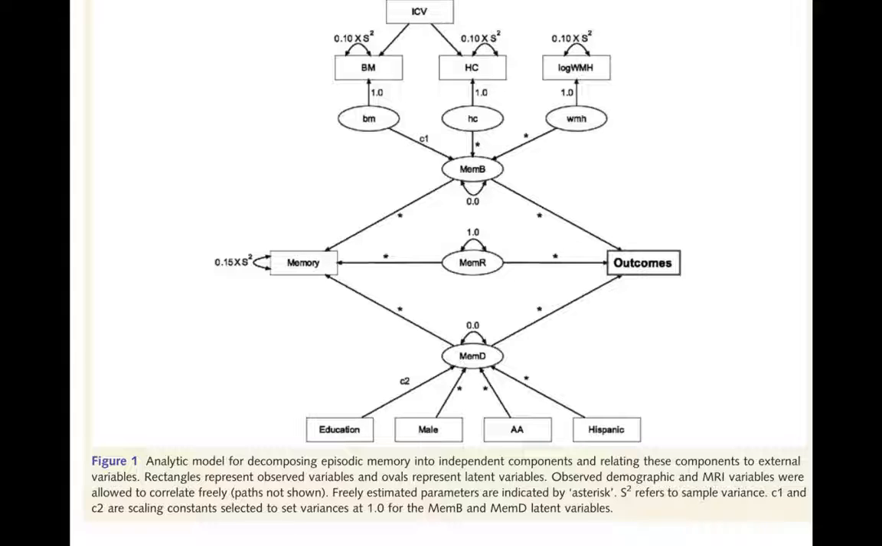Same thing would be true for the brain components as well. You're not assuming that there's a high correlation between white matter hyperintensity and hippocampal volume, which there would be if they were all due to some underlying cause. And so that's where you got the arrows going the other way. Yeah,